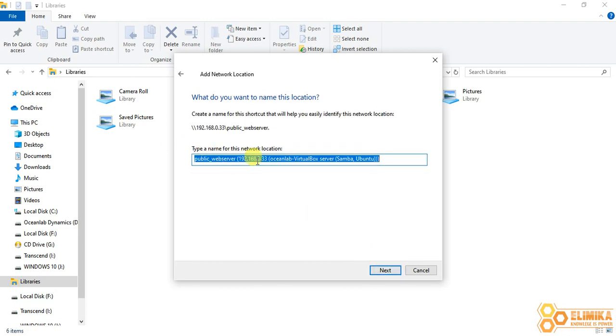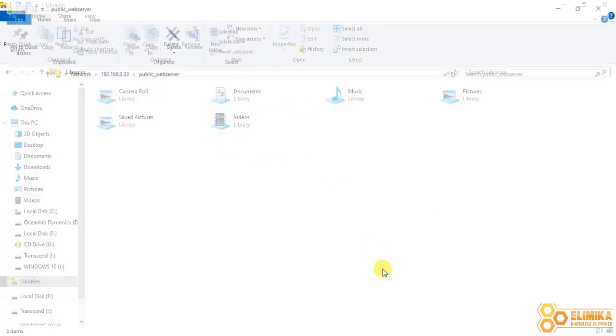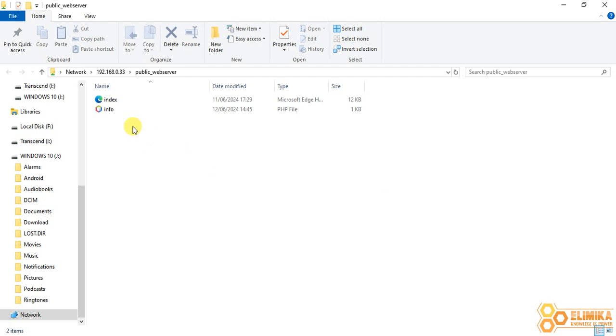And we can name this whatever we want. We will say maybe ubuntu web folder. We can name it that. Then I will click on next, and I say open this network location when I finish. So we'll click finish, and it will open the network location. So here we can see the index and the info file that we created in our previous tutorials, and therefore